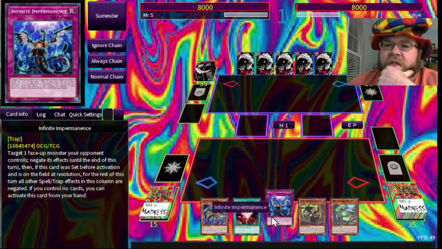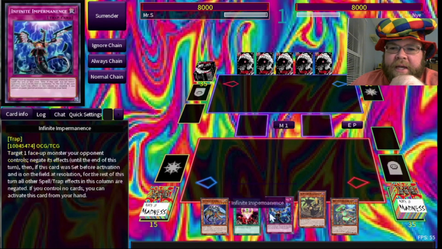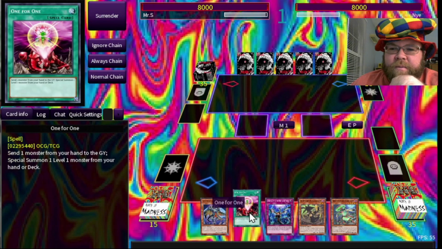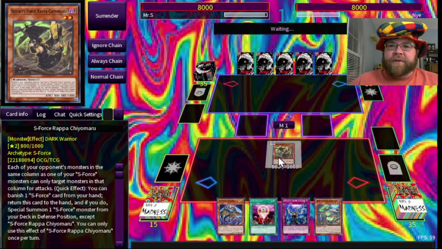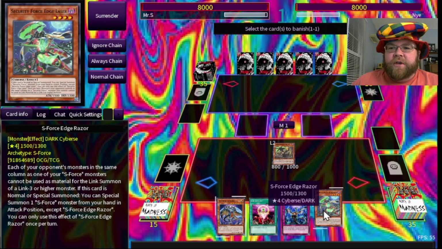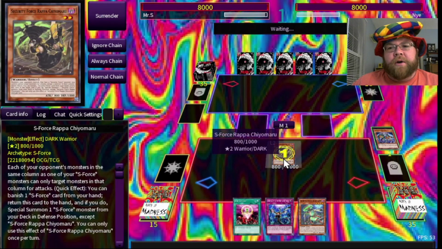So, what doth I want to start with? I do wish to banish things. So, let me think. I don't have the ultimate start, but it is a start. So, we're going to start with our Rapid Chiyomaru. This is the most important of all your S-Forces. Quick effect. You can banish one of your cards, and then bounce Chiyomaru in order to get yourself another S-Force